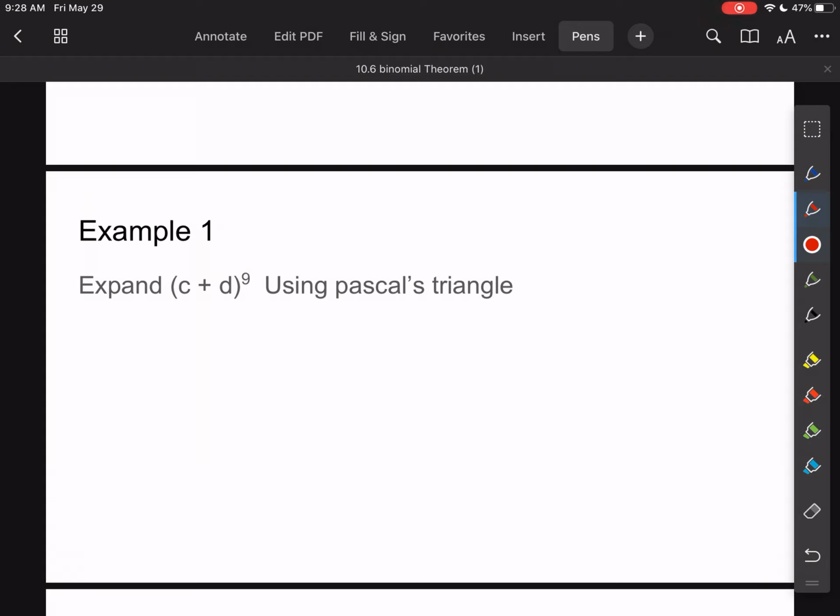So notice that we have a C and a D instead of an X and a Y here, but now what I'm going to do is